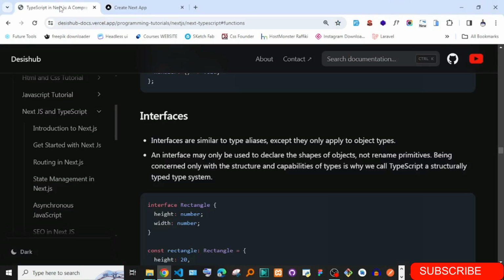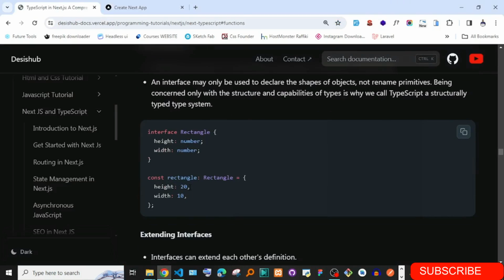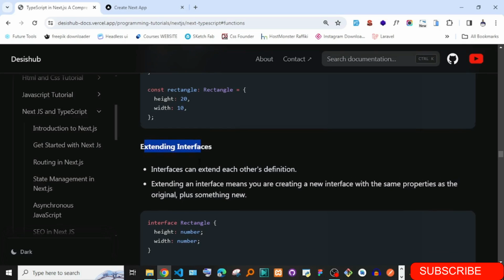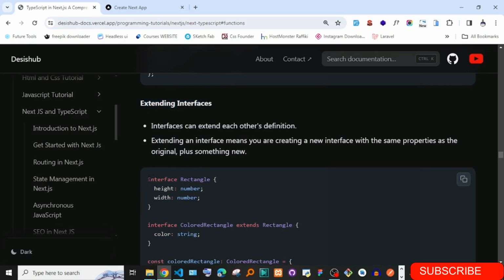Another difference is that if you just go back here, for instance, we have this interface here. The difference comes if you want to extend. So what is extending? Interfaces have a nice thing called extending. To understand, for instance, if you had an interface called rectangle, which takes in height and width, and you want to create another one called colored rectangle, you can use everything that is in the rectangle, and then you extend it to the rectangle. So it will get all the properties in rectangle and bring them to this new one.